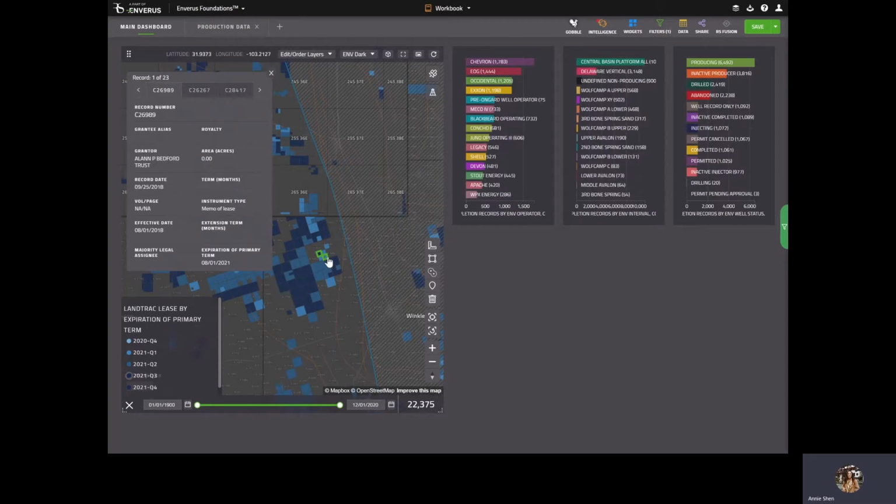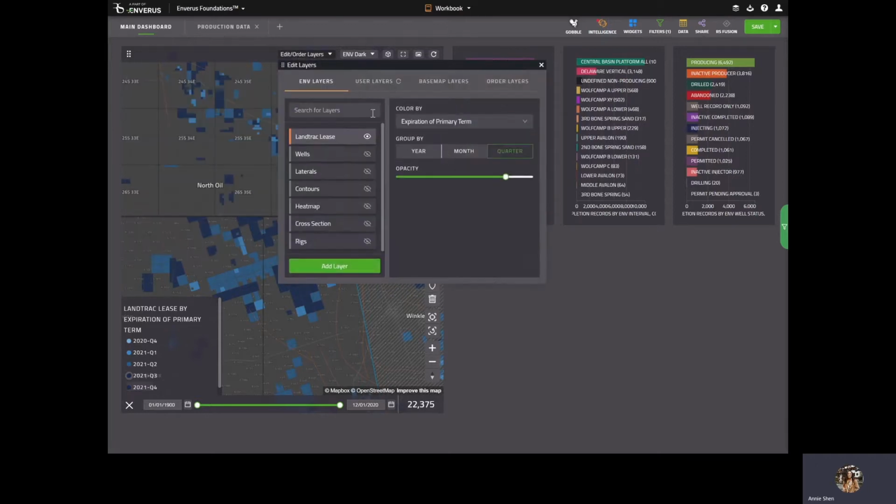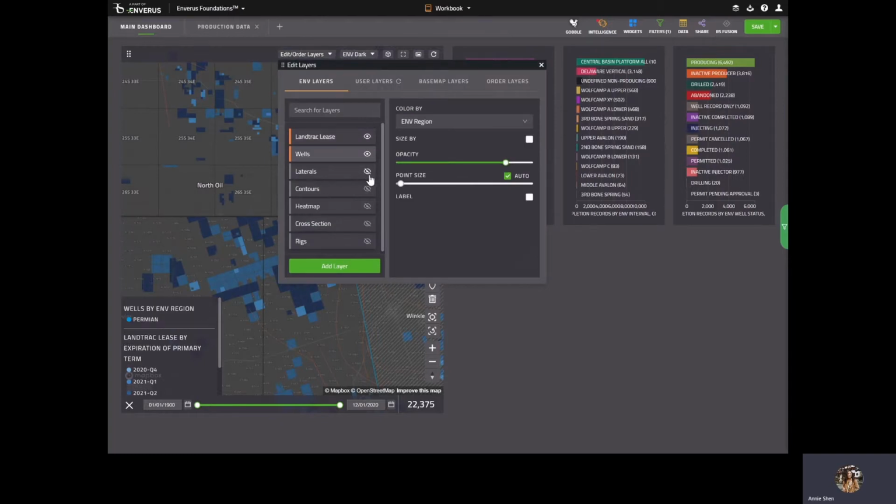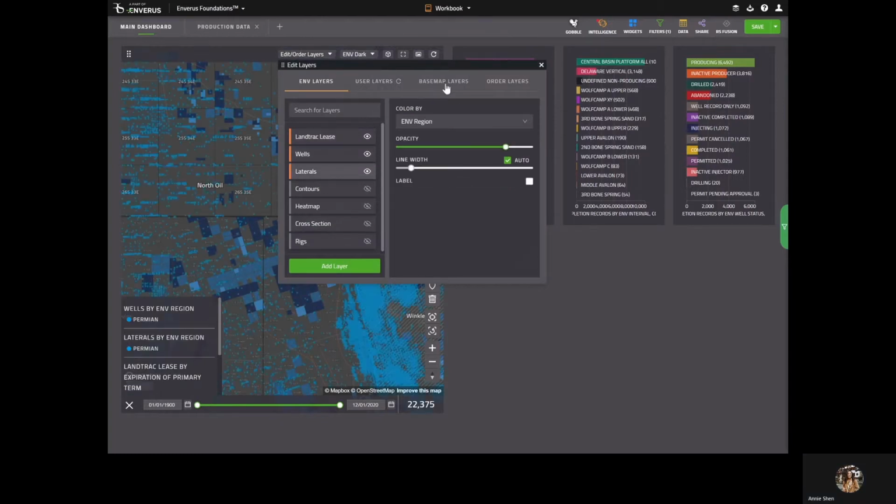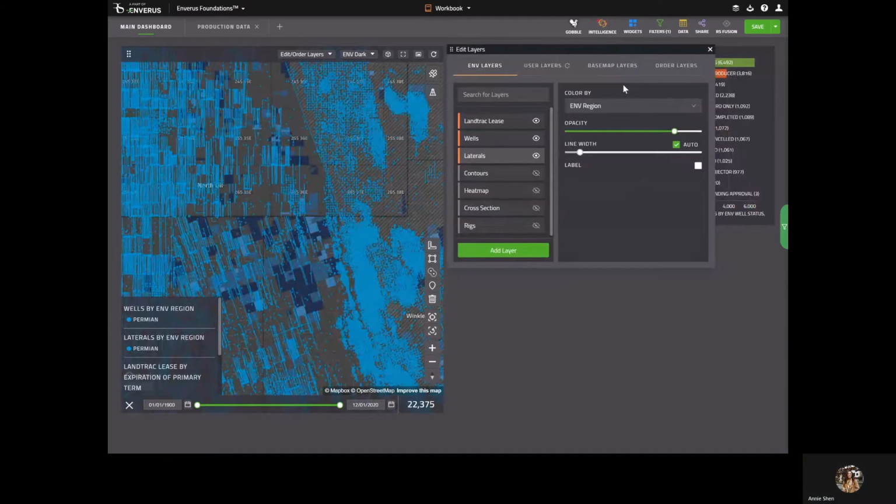Of course, some of these areas do have multiple leases laying on them, so I can toggle to other lease areas within this region and see what they look like in relation to the royalty, the acreage area, and again, the related expiration of primary term. So from there, in order to start identifying whether some of these leases may be held by production, I can come back into my edit layers and toggle on my wells and my laterals. Pulling this to the side so